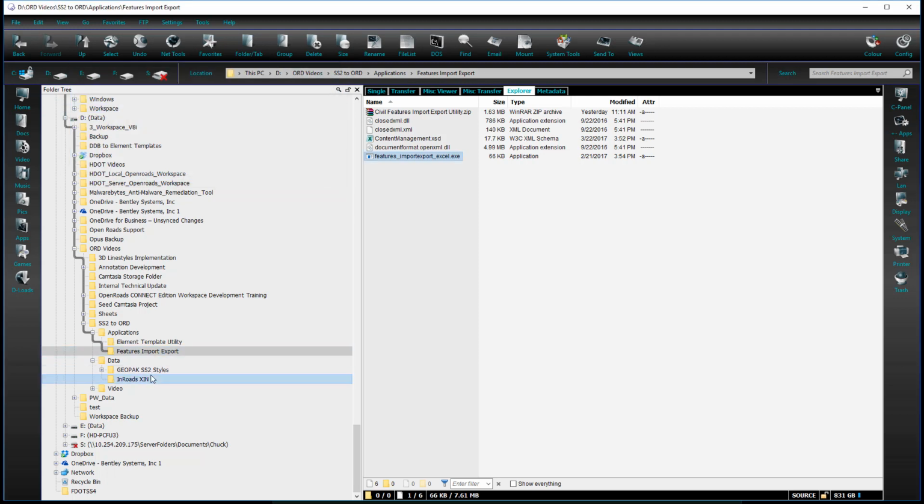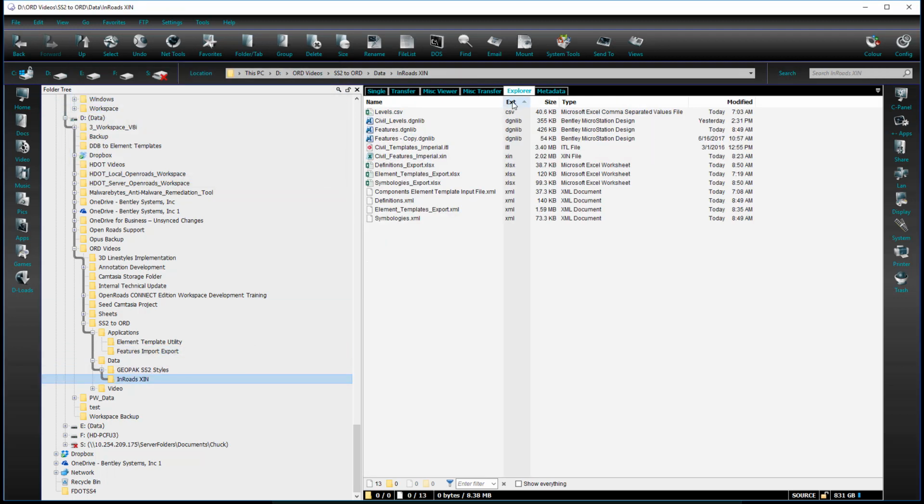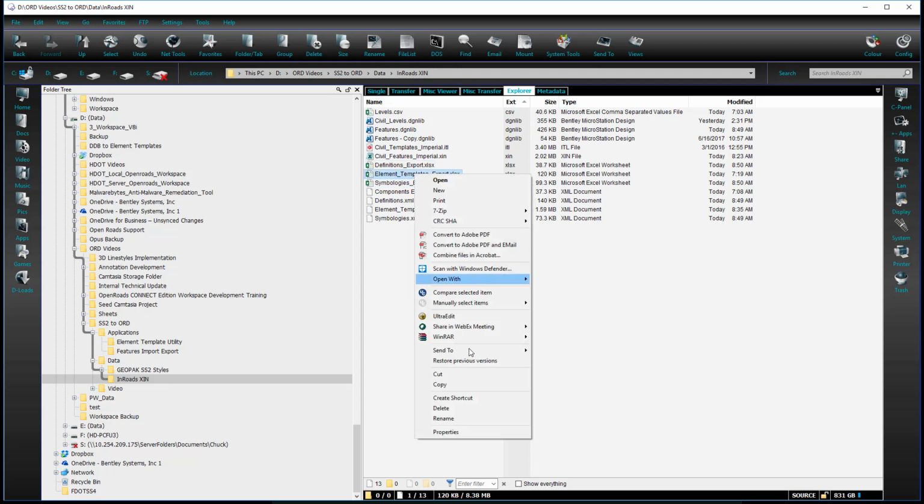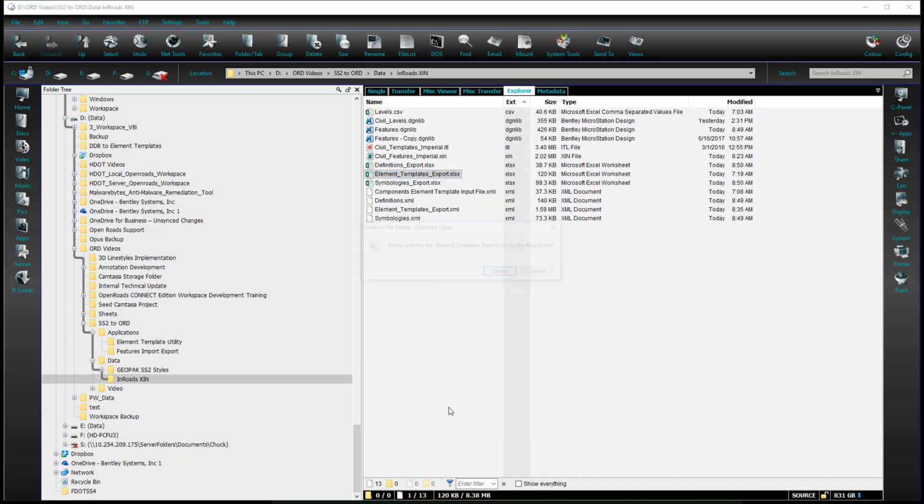And so now if we go down to our working folder, we have the two Excel files, we have the symbologies, and we have the definitions. We're probably going to also need to have our element templates. And so remember, we updated the XML file of our element templates. And so that is now the latest source. And so we need a new spreadsheet for element templates. And to do that,